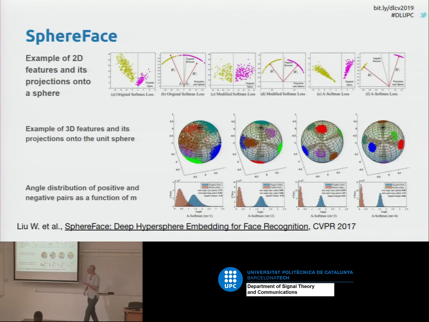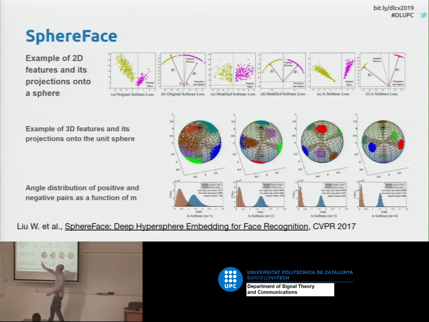As you can see, using the softmax, the results are not very good for using these Euclidean distances, because a sample here and a sample here are more similar, they have a smaller distance. So interclass distances can be smaller than intraclass distances. For instance, this vector and this vector are from the same class, and there is a large difference between them. But you will see that they are aligned in more or less the same angle. So here comes the idea of using the angle as a classifier.